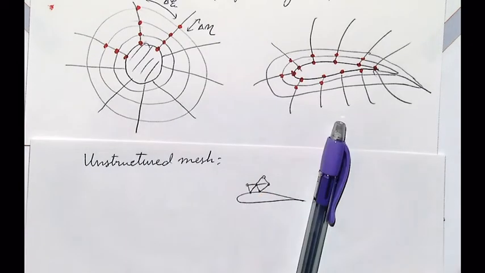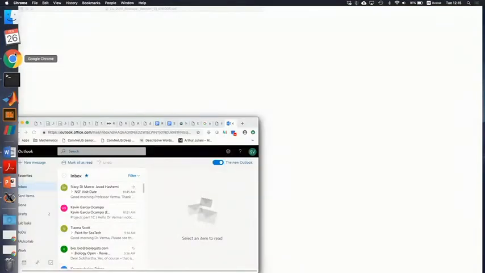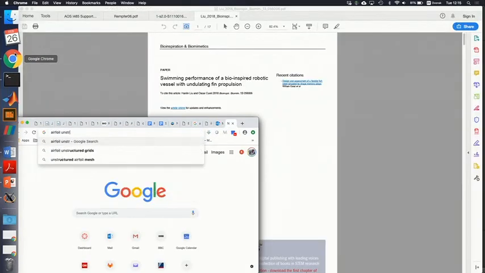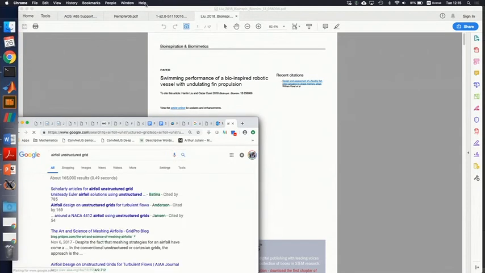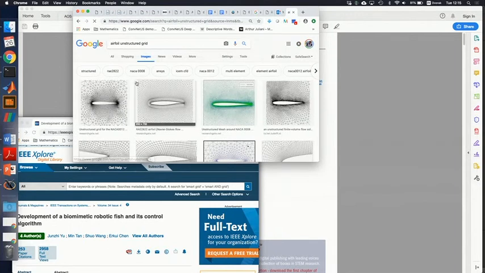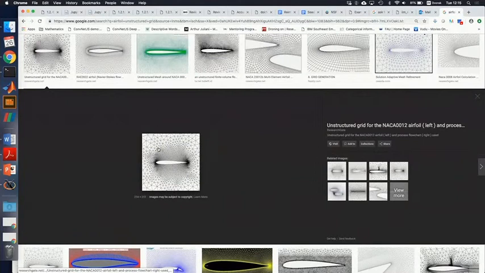Let me pull up an image on the laptop. Airfoil, unstructured grid. Oh yeah, this is exactly what you were talking about.